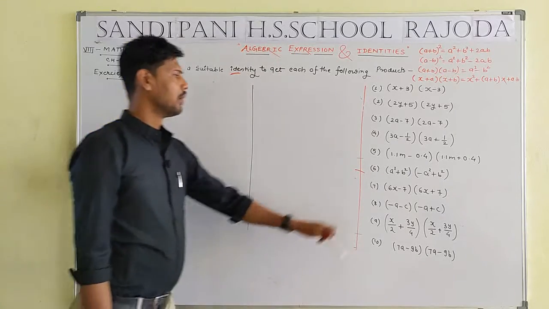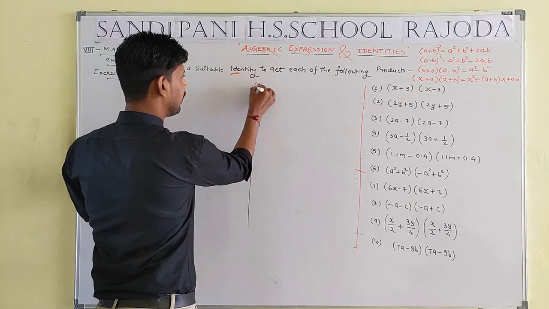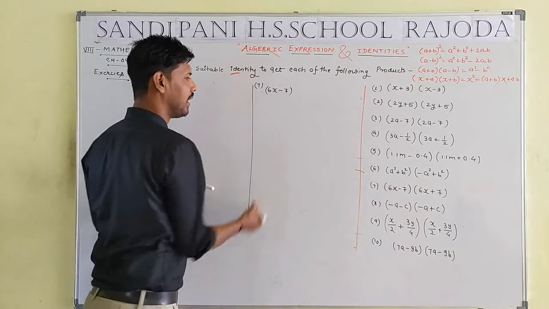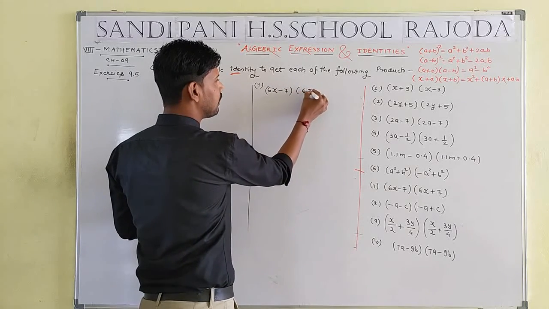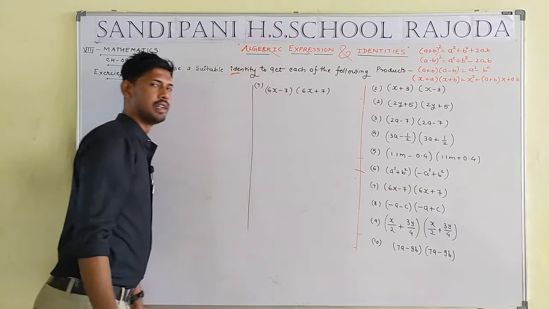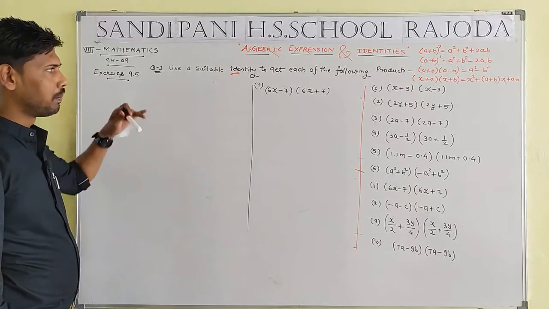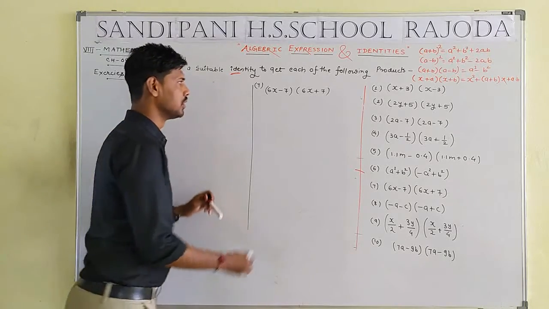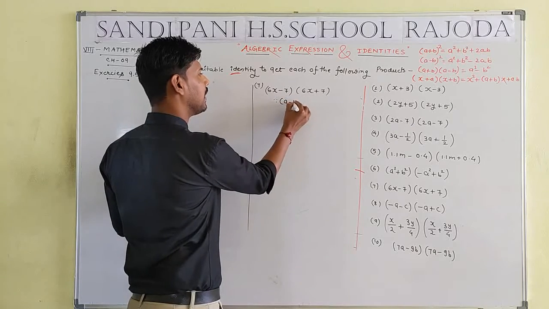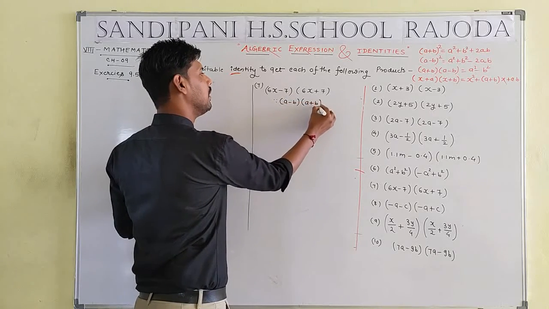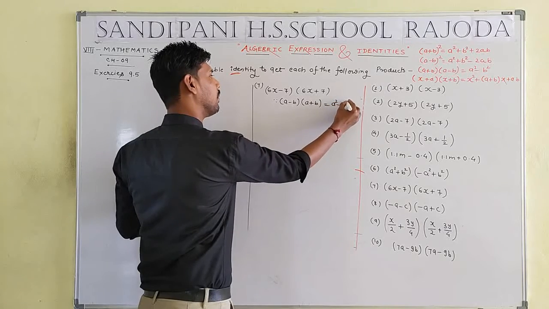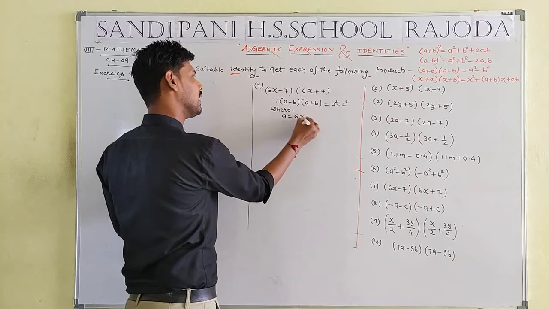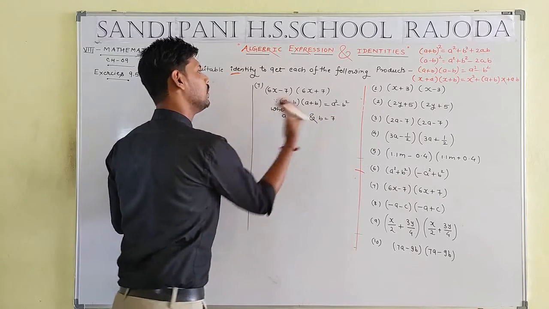Okay student, we will start with question number 7. What is the demand of the question? We have to find the product of 6x minus 7 and 6x plus 7 by use of a suitable identity. That means we don't follow the rules of product. I don't have to do the product, I have to use suitable identities. Student, we know about the identity a minus b, a plus b will be equal to a square minus b square, where a equals 6x and b equals 7.